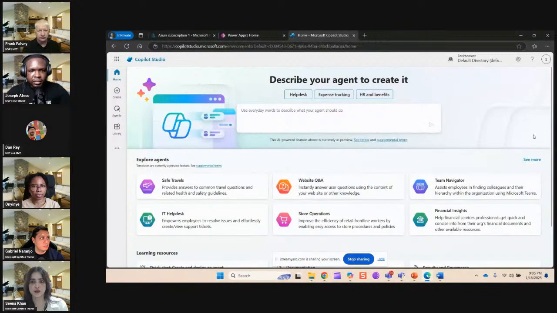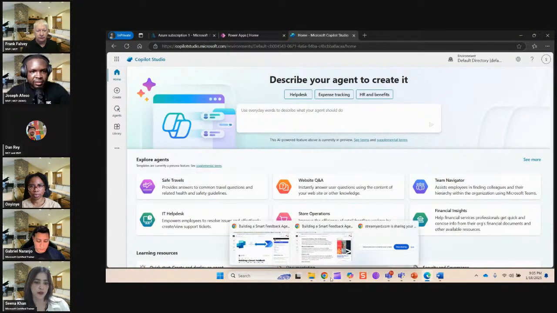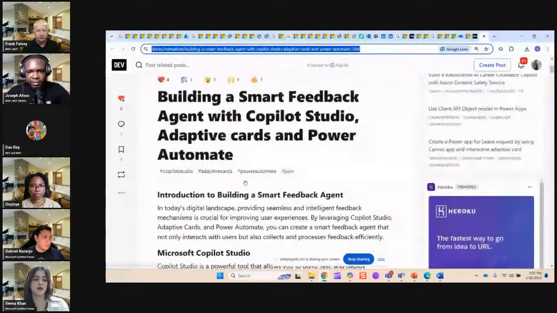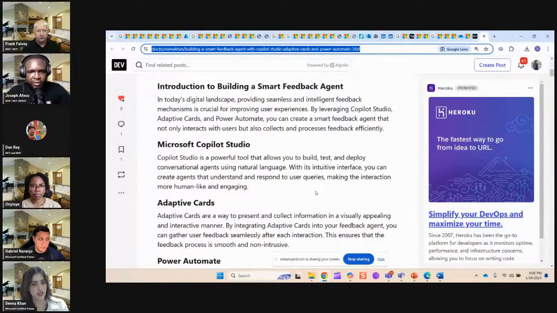This is my Copilot Studio window showing. Yeah, we can see that. Okay, thank you. Okay, so firstly, we are going to create an agent in Copilot Studio. So before that, I'm just giving you an introduction about Copilot Studio. It's a powerful tool which allows you to build, test, and deploy conversational agents using natural language. And with its intuitive interface, you can create agents which understand and respond to user queries, making the interaction more